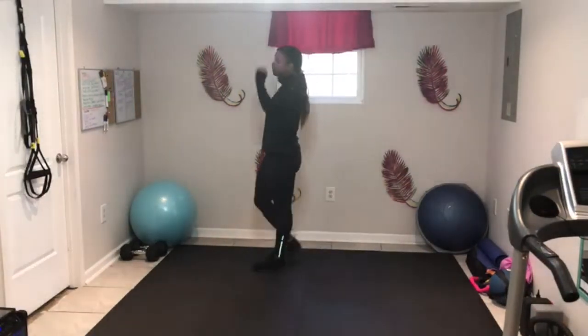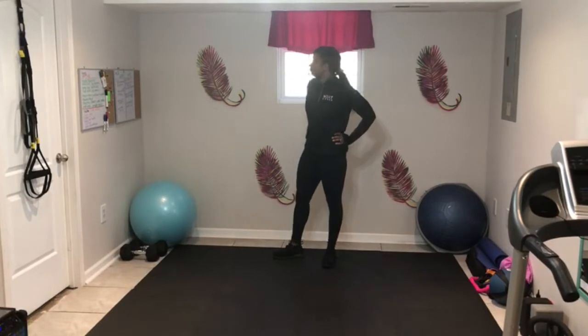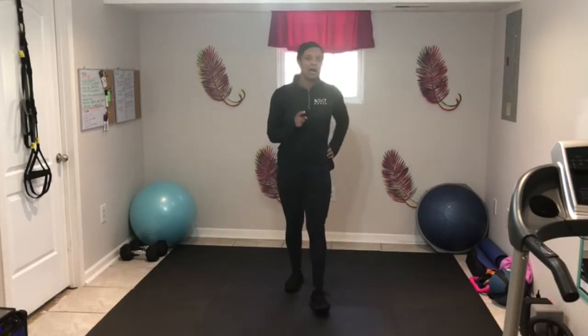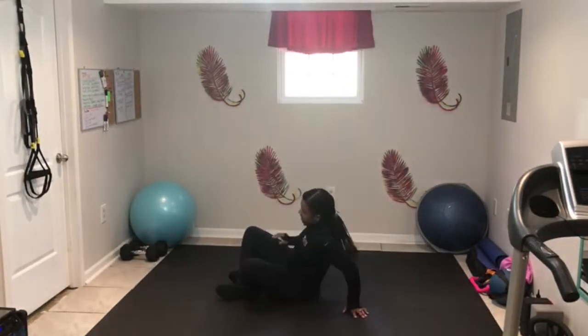All right, that's our power phase. Whoa. Power circuit. And our hypertrophy circuit. We're doing a straight leg crunch to a hip raise with a reverse tabletop march. That's our first station. So you're going to lay it down,